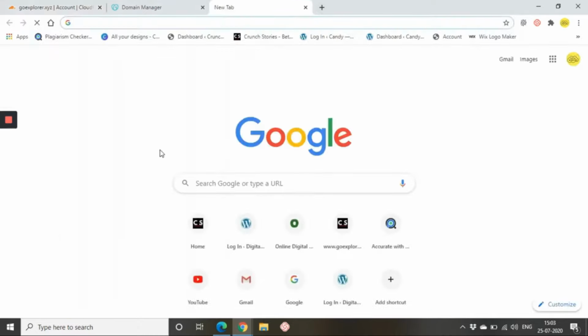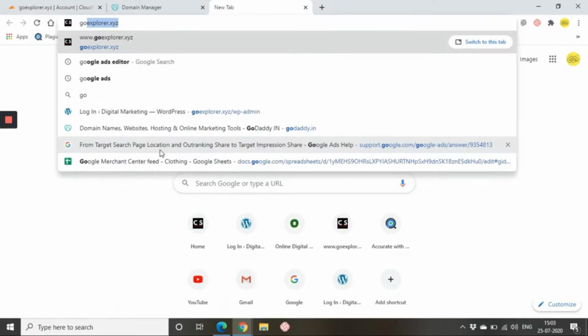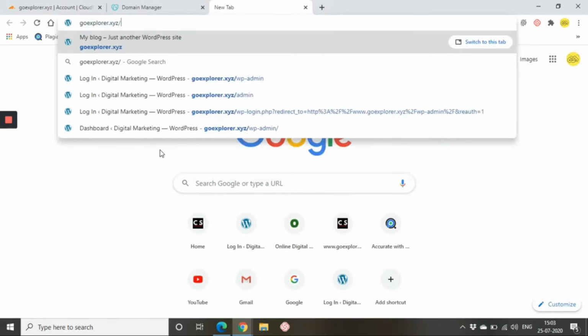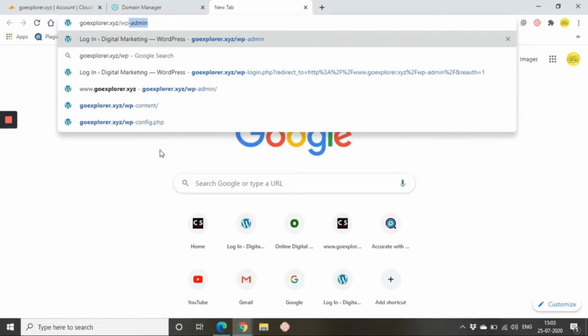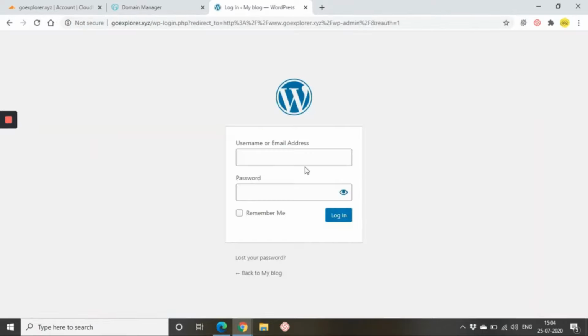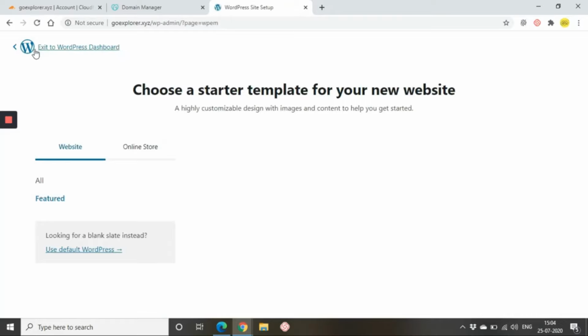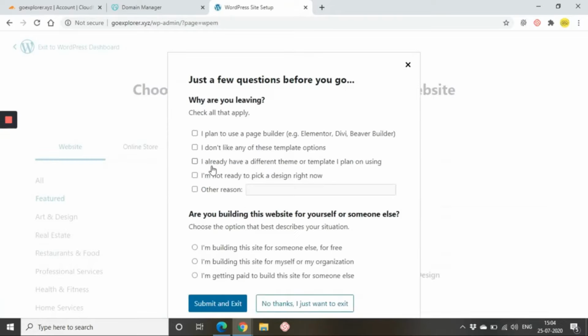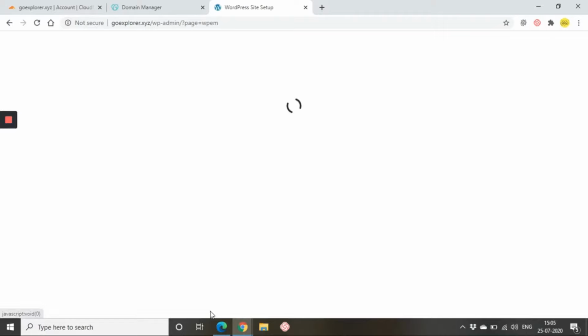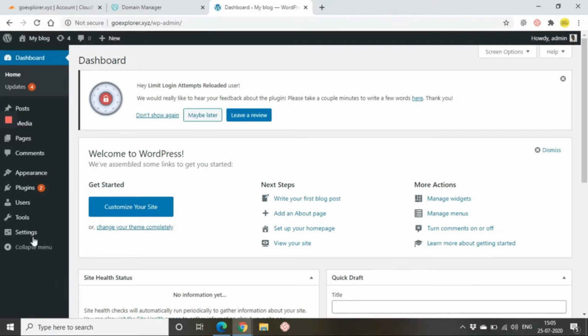So let's go to our website. I'm logging into my admin panel, our admin dashboard. Please log into your WordPress website using your username and password. Now I'll go to plugins and add a new plugin.